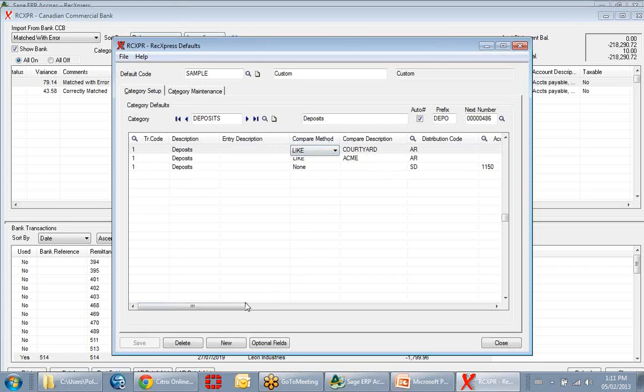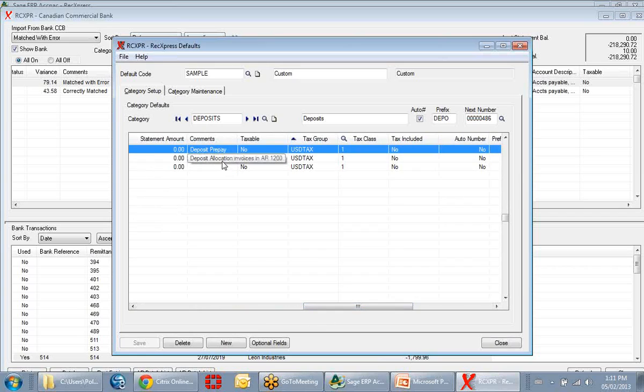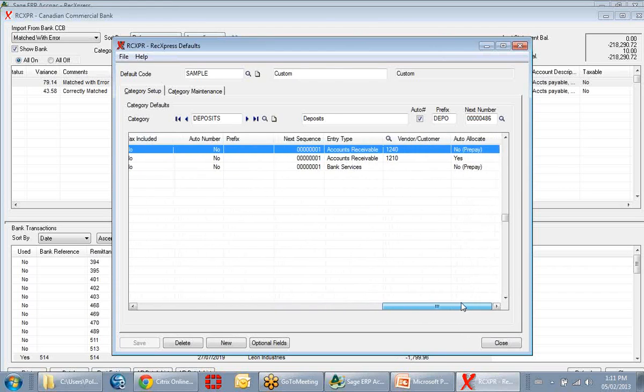But I also will set up, if I want to apply distribution codes, a GL account, and it will automatically pull in the account description. If you have distribution sets in bank services, you can assign those here as well. You can put in additional comments. You can set parameters around your taxes, how you would like to treat those, whether it's taxable or not, if it's involved with a tax group or a tax class,